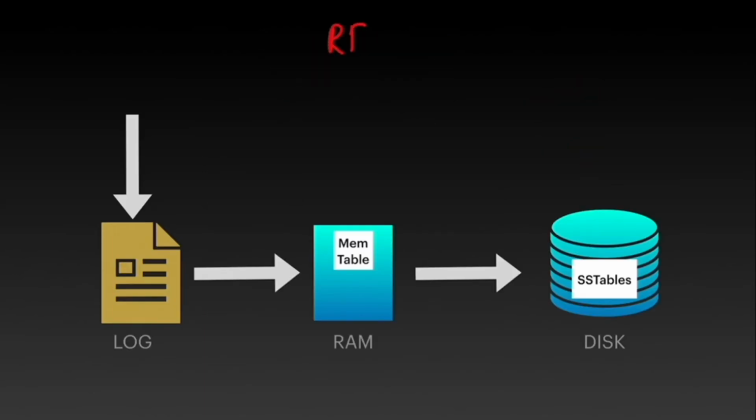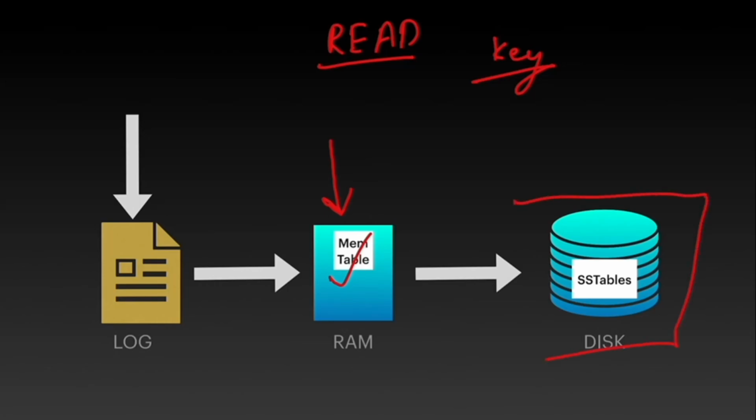So what does a typical read operation look like? If we are searching for a particular key, we first search for that key inside the memtable. If the key is present in the memtable, then we have found the corresponding record and we return it. But in case the key is not available in the memtable, we will search in the SS tables. And in order to optimize the searching among the SS tables, there is a data structure known as the Bloom filter, which tells us whether the record can be found or cannot be found in a particular SS table.